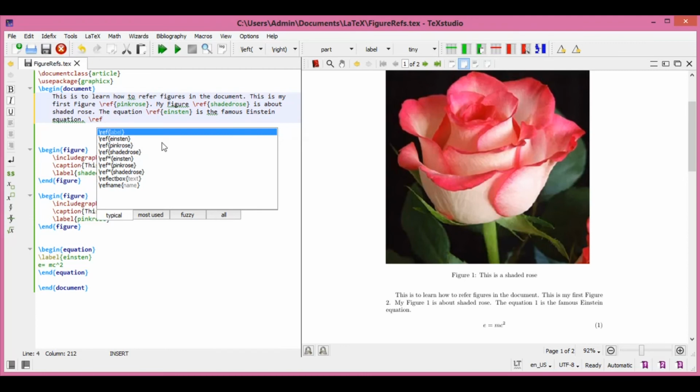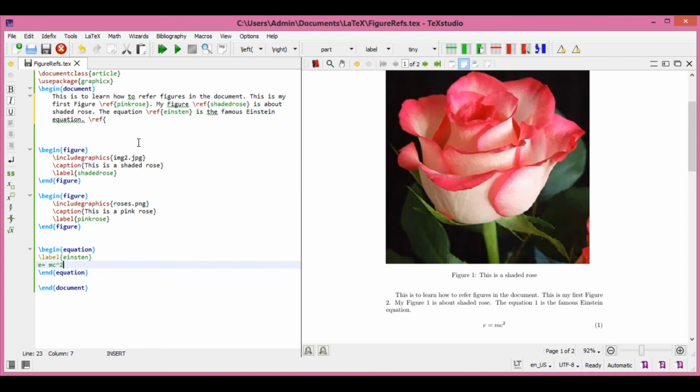have. I have only 3 names that I have defined. If I put the bracket here, it is going to be instant, pink rows and shaded rows. So the moment you type, it lists all the names that you have given. All you have to do is pick it up. If you want to remember what those names are, you can also insert them like this. This is like equation, so you say equation instant, something like this, to remember. This is a figure, so I am saying it is fig shaded rows.